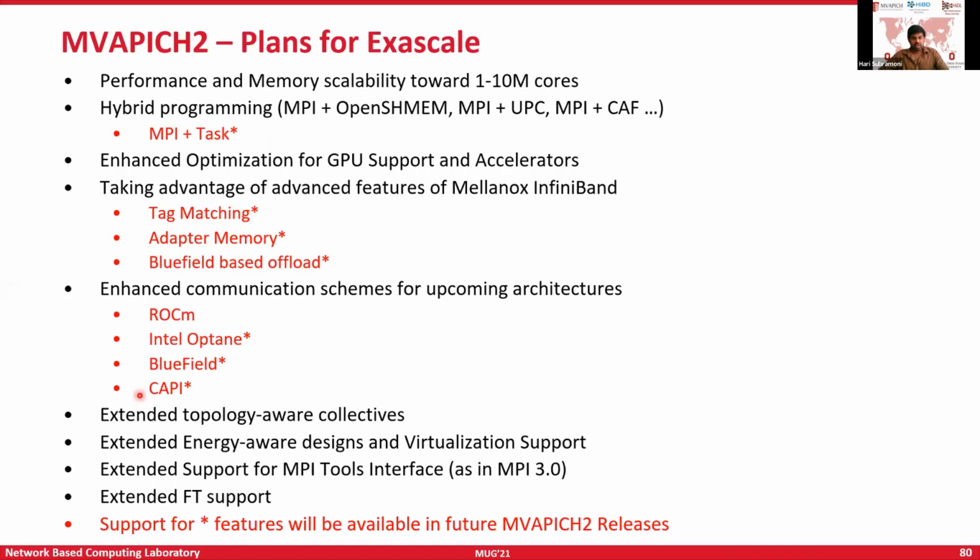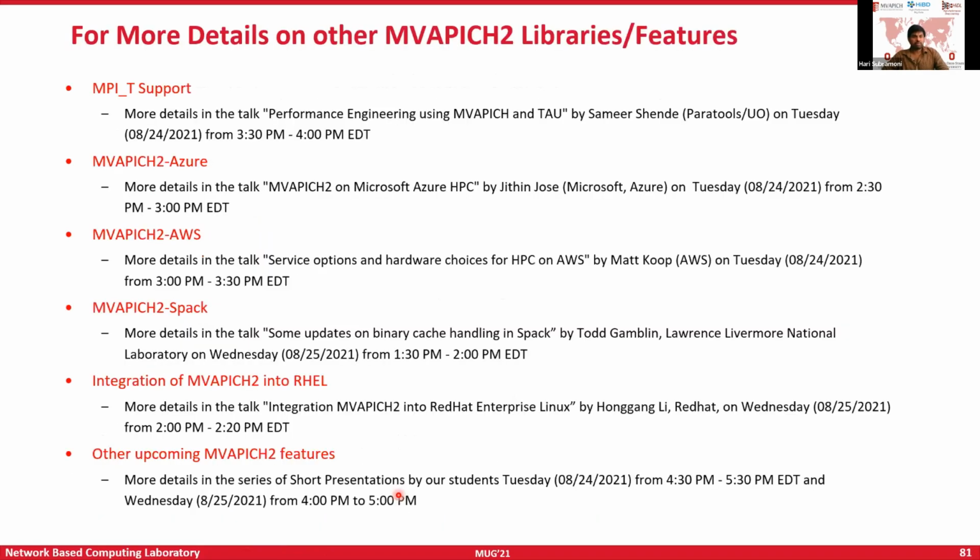And we are also trying to see how we can use the upcoming compute and communication architectures like ROCm, Intel Optane, Bluefield, and CAPI to give overall better communication performance. Some of these are already available, while some of them will be available in future releases. Now, before I conclude, let me give some pointers to some of the other interesting talks